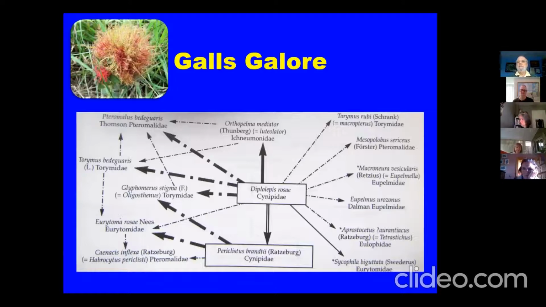Gall Causers are in the middle, Diplolepis rosae, inquiline at the bottom, Periclistus, and then a whole load again of parasitoids. And in this case, unusually and very commonly, there is an ichneumonid that is found in robin's pincushion galls, Orthopelma mediator. And if you keep one of these and breed it out,